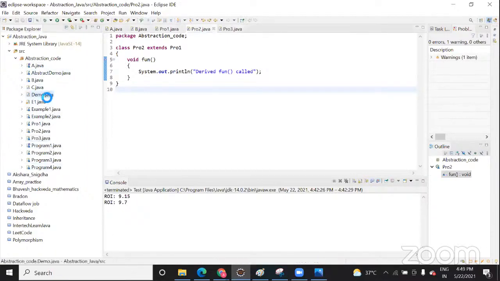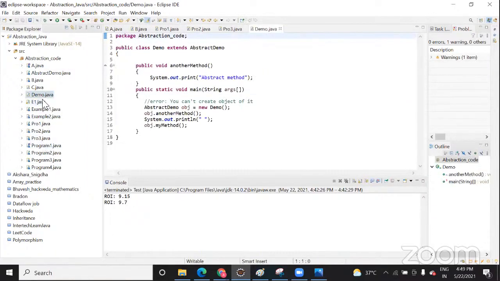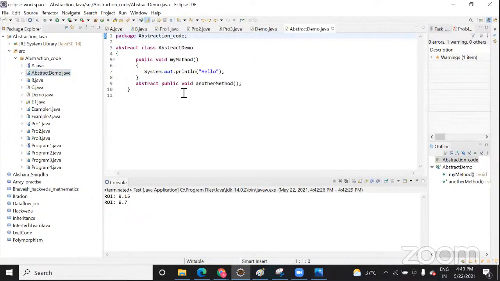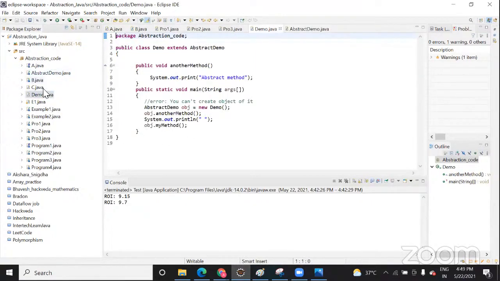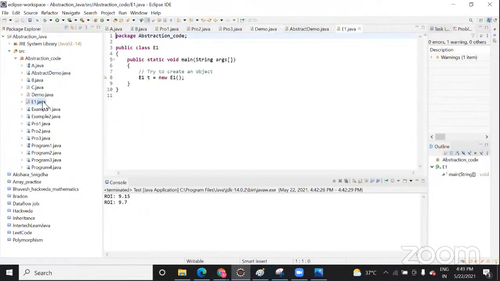Just 1 minute. Let me check the program example. This one. You can see, this is one code I have created, and this is the main function.